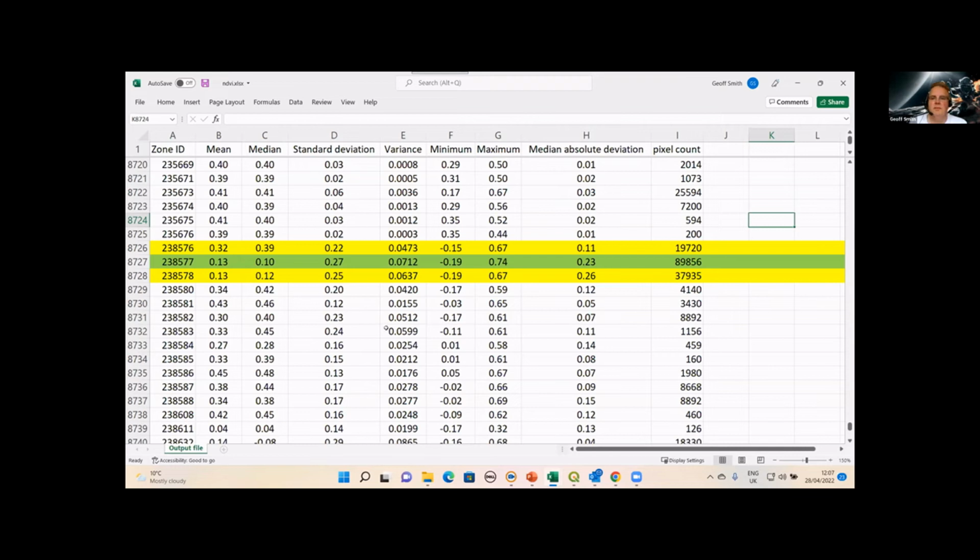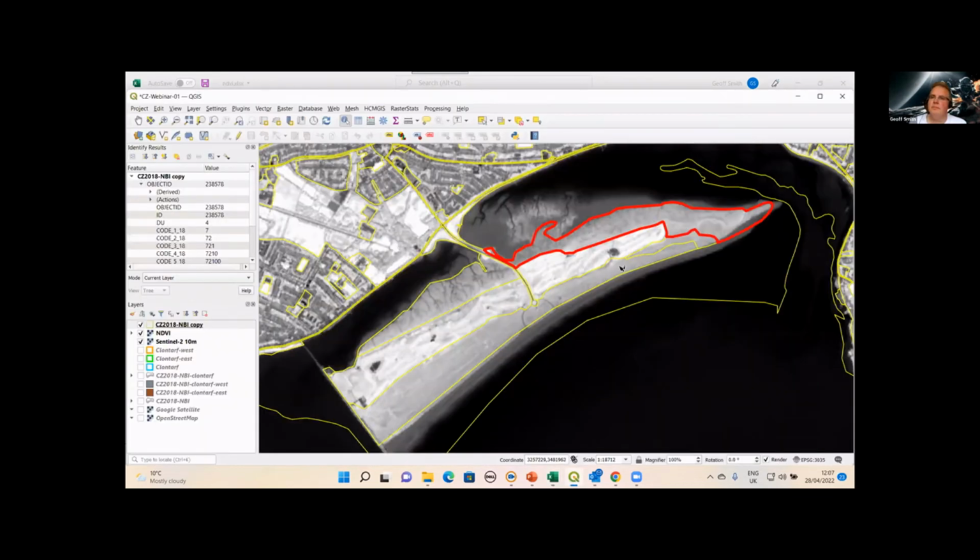So if we go back to the map here, this polygon now includes this area which has become beach, or exposure of sand here, and there's also some slightly darker areas within here as well, which I'm not sure of the exact cause, but it just shows that we have different character within here, even though they have the same range of NDVI values.